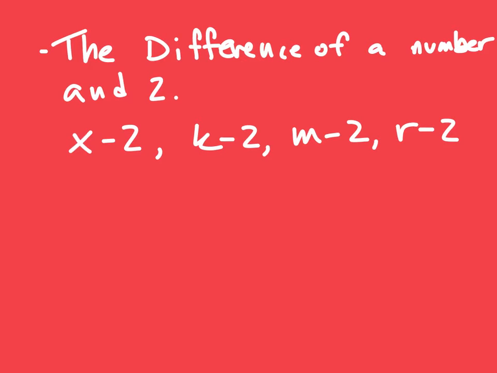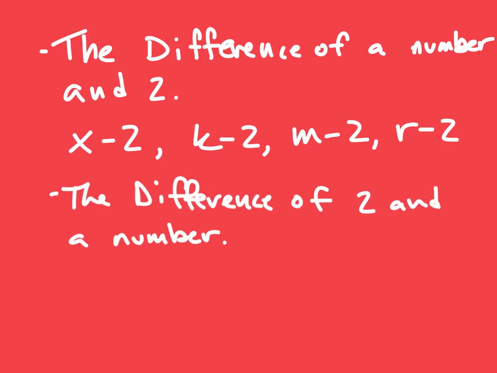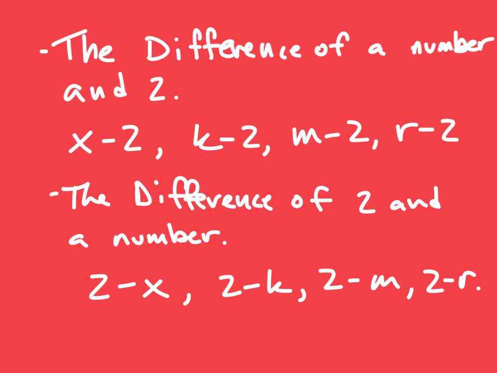Now, if I were to say the opposite, the difference of 2 and a number, then that would go the opposite way. I would say 2 minus x, or 2 minus k, or 2 minus m, or 2 minus r. Now, if I were to use the statement, the product of a number and 2, then what I would do is